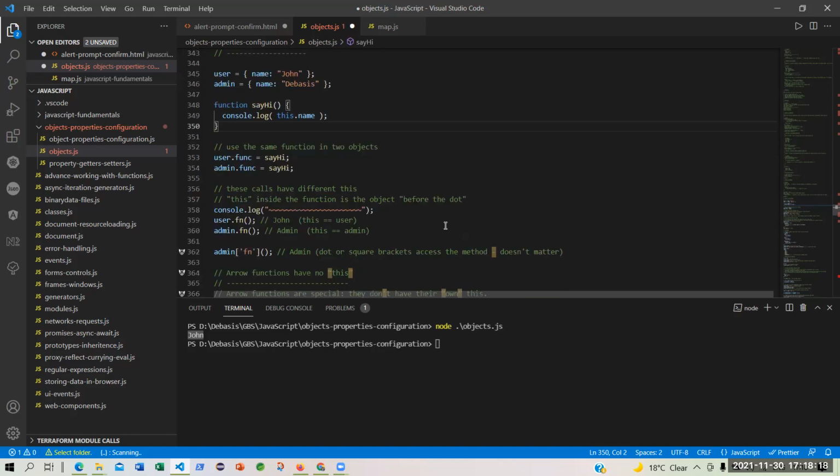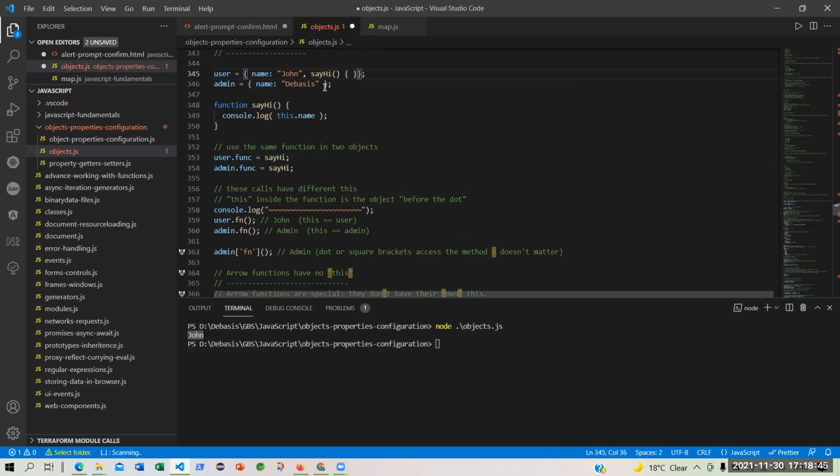Now, what I'm doing, use the same function in two objects. So sayHi, I'm giving it to user because this user didn't have any property called sayHi. Did we have any property like this? Let's say we have an empty function.